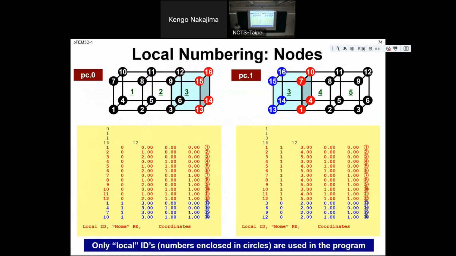But in the real program, we just use this continuous number, so we don't use this double numbering. But I just want to let you know this kind of data structure is sometimes very flexible for very distributed